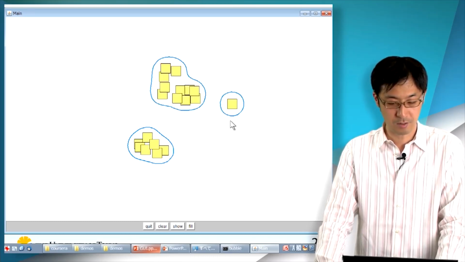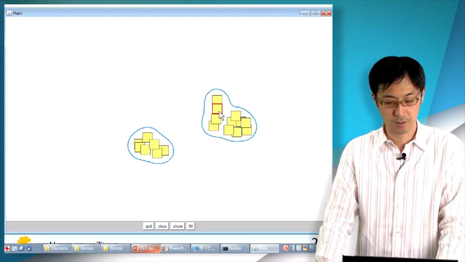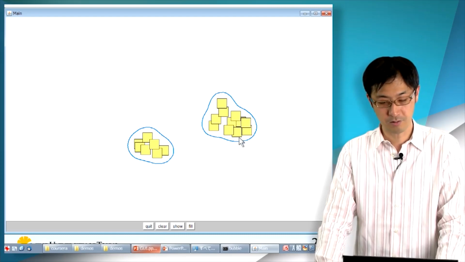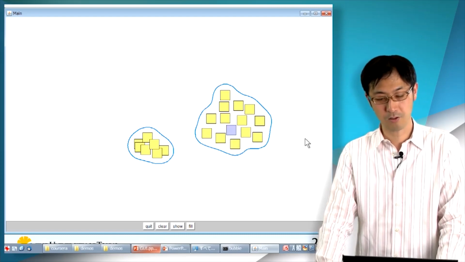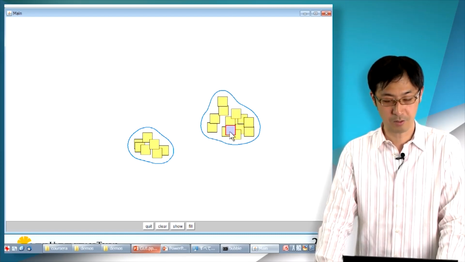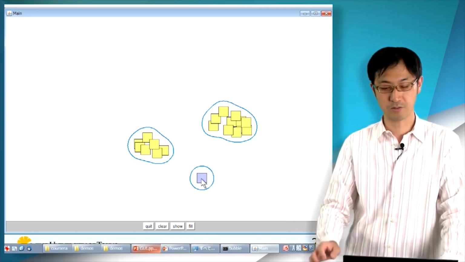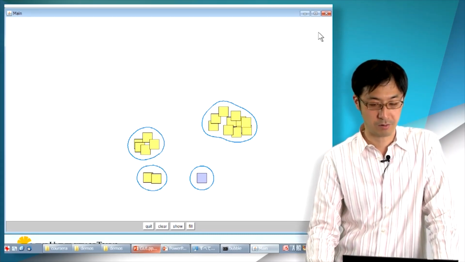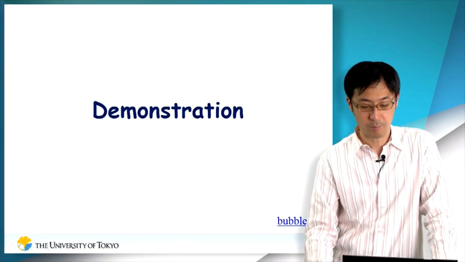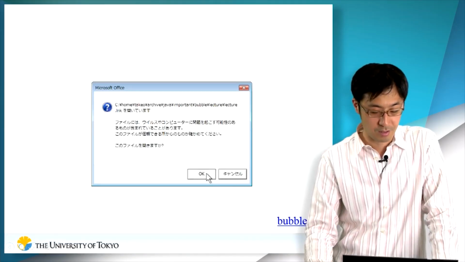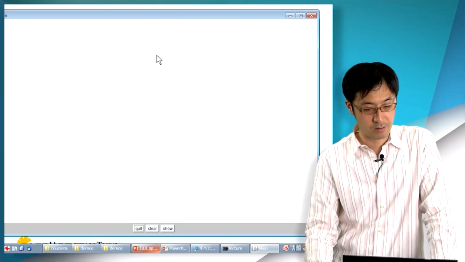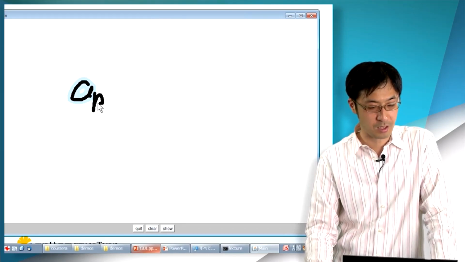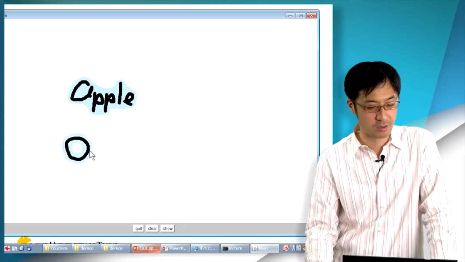And then if you have a hidden icon like this, you can double click here, and then you temporarily spread icons, and then you grab an icon, and the system goes back to the original state. So this is a bubble cursor technique, and bubble clusters technique. And then the same idea can be applicable to this kind of digital ink. So if you are working on a digital ink system,